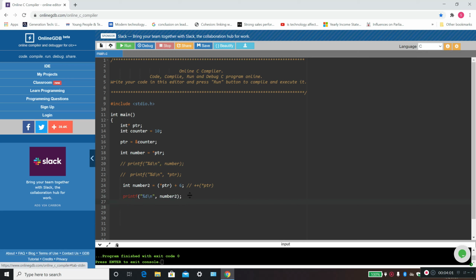One last interesting thing that I want to address in this video is why have I used plus plus here instead of plus plus after the asterisk ptr. If I had used asterisk ptr plus plus, it wouldn't give us exactly what we want here, because what this means is the following.